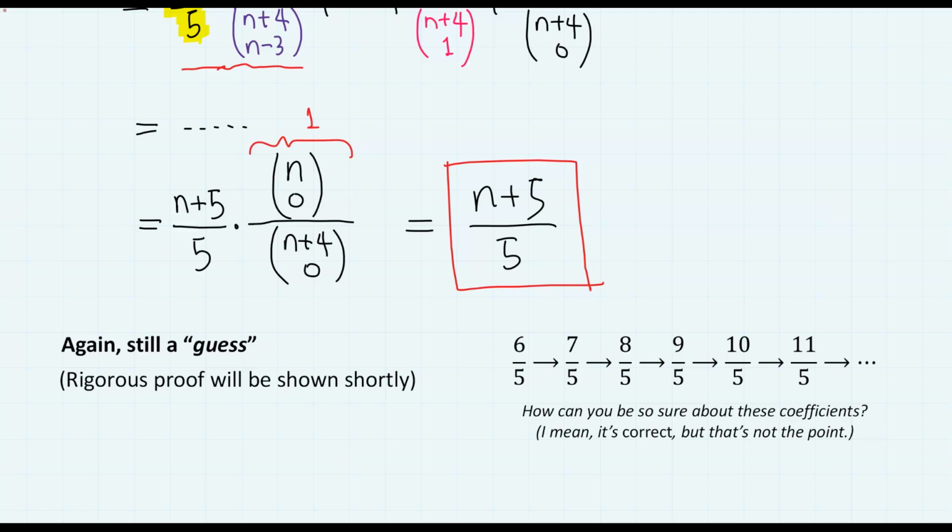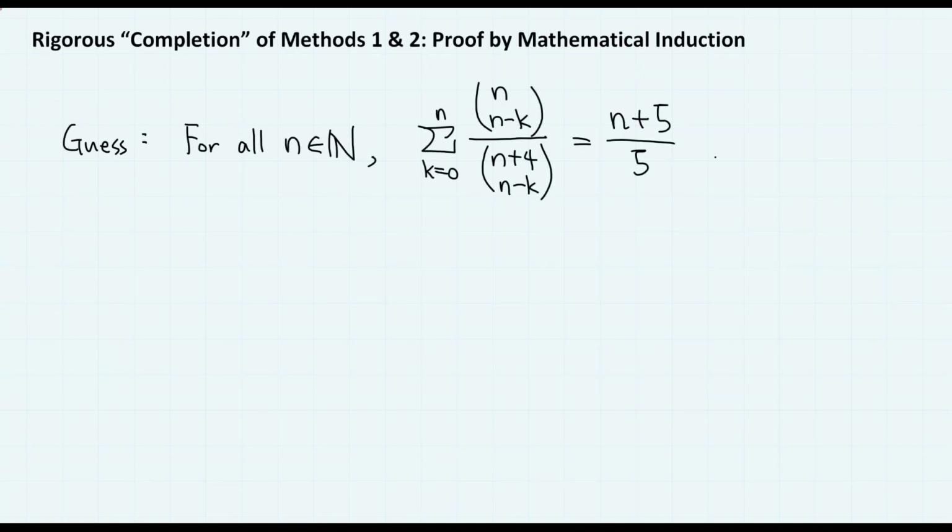However, this too is merely a guess. I mean, as the number of terms decreases, the coefficient of the first term seemingly followed this pattern, but how can you be so sure that it stays in this pattern? Therefore, for the sake of being mathematically rigorous, I will complete the proof by using mathematical induction to prove our